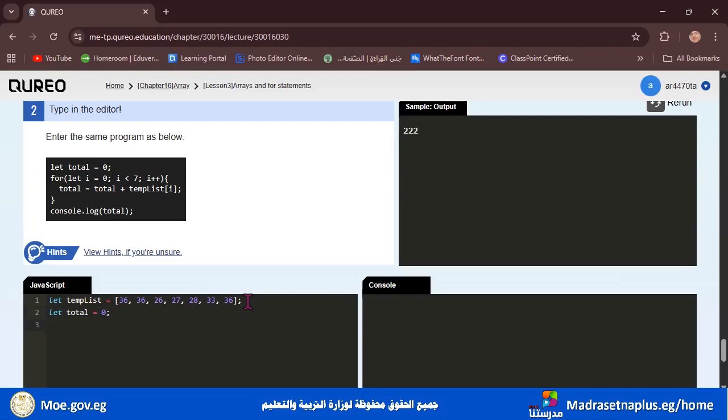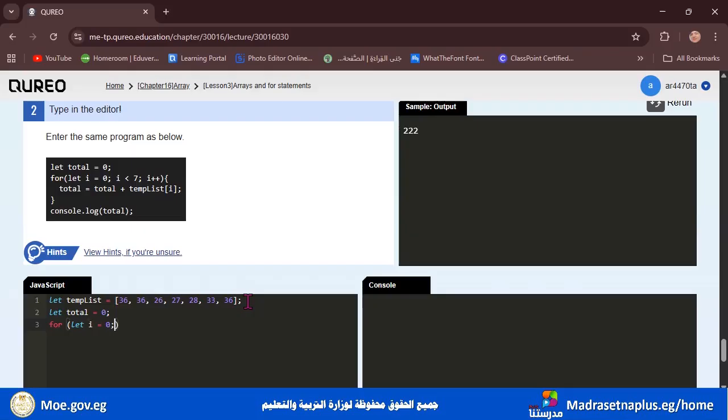Then after that, this is a looping process, for, and open the brackets or the parentheses, and let's write let i equal 0.